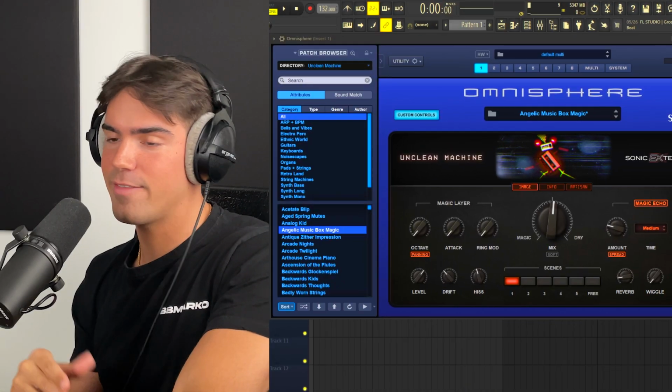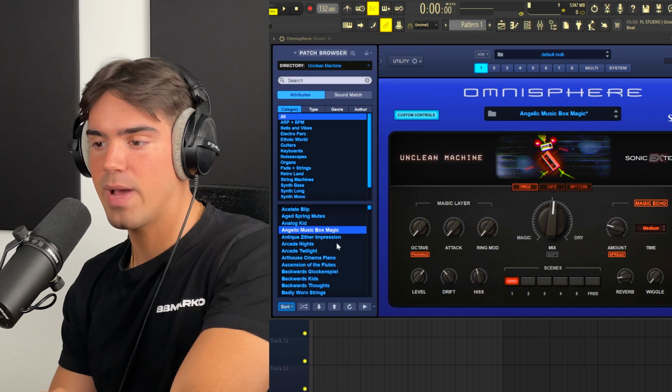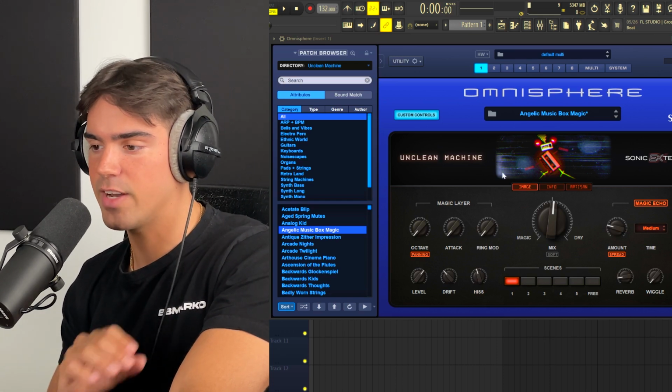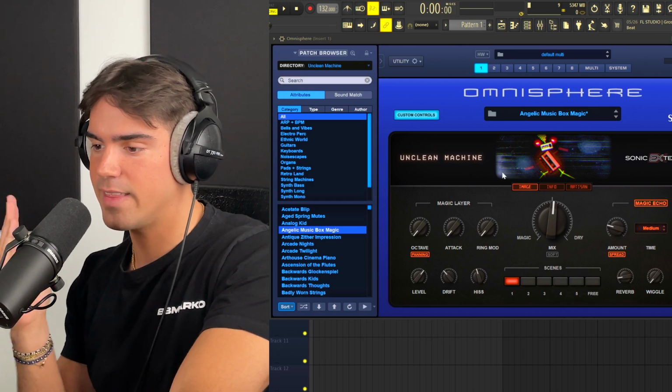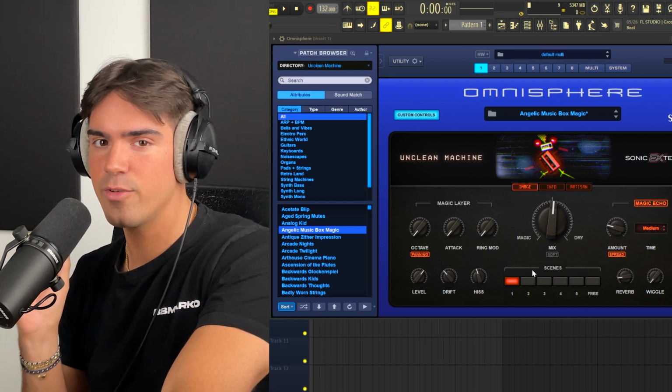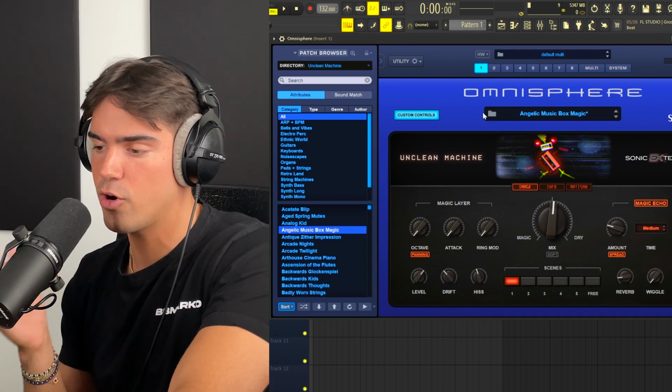Alright, so we are now here in FL Studio 21 as you guys can see, and the sound I'm going to be using is going to be this Music Box Magic from the Unclean Machine preset in Omnisphere. It's from the Sonic Extensions pack, but the reason why I want to use exactly these type of sounds is because there are a few unique ways we can actually manipulate this sound right here. So if you guys take a listen to how the normal preset sounds,